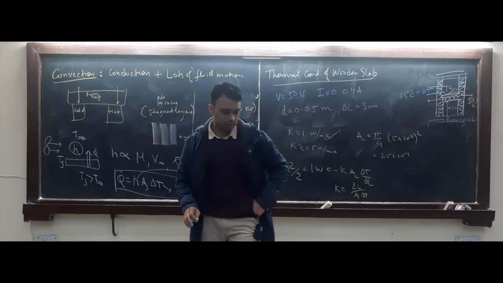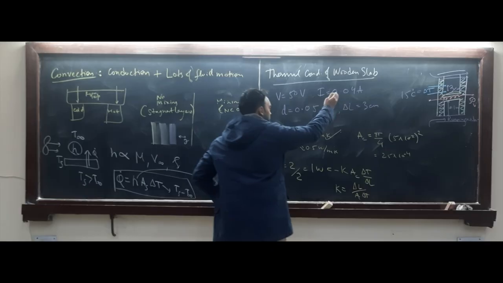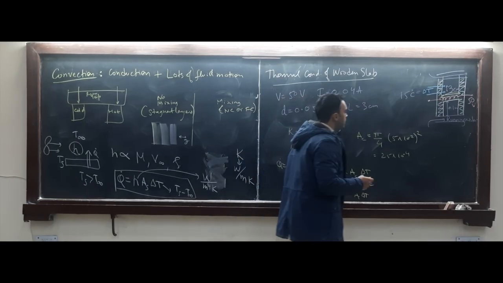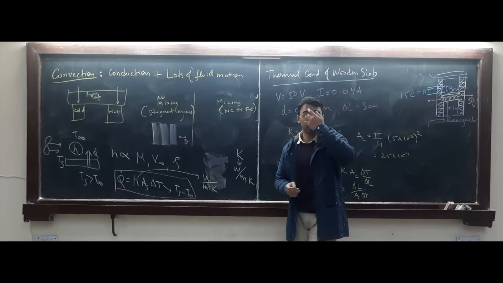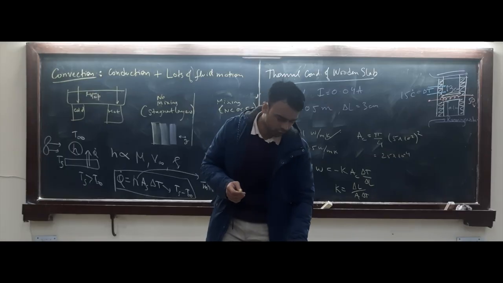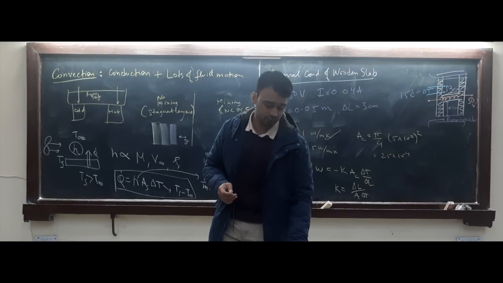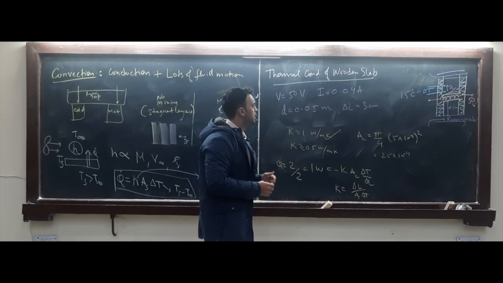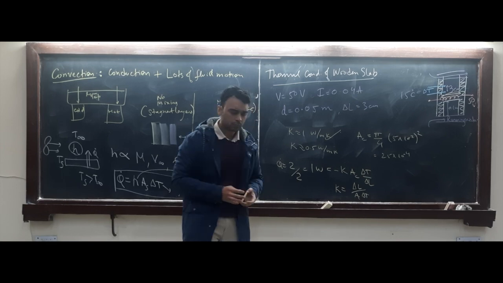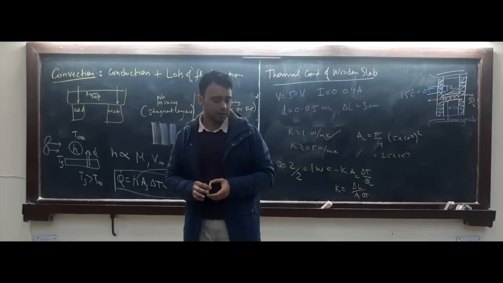Although the conductivity of the wood is lower than that, roughly, I don't know what is the reason. If you want to do an experiment, then you can find clues about what is going wrong. But generally speaking, conductivity of wood is lesser than that. We already saw it, right? Wood was about 0.17. So roughly 5 times lower than that, but maybe some experimental error is there.